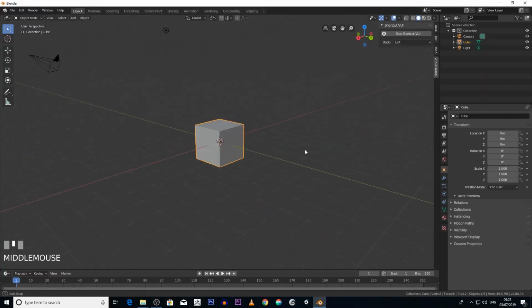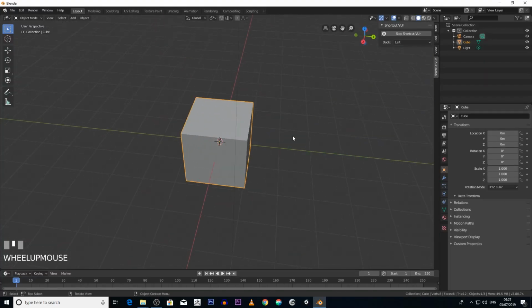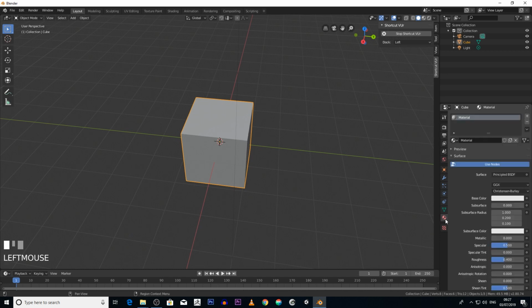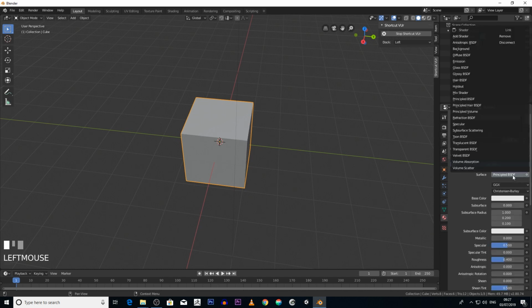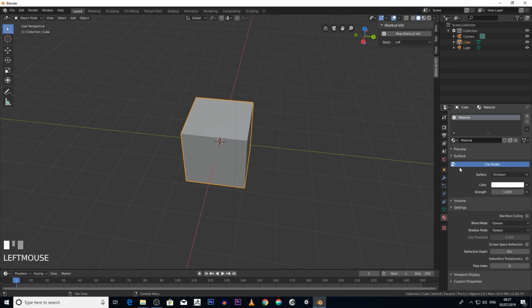Okay, let's have a look at the emission shader. Basically, the emission shader is a shader that you can use, for example, if you were creating a lighting effect, etc. You usually use emission for that main light. So if we click on shader, then we go Emission, and then just put the strength up a bit. Make sure that you're on